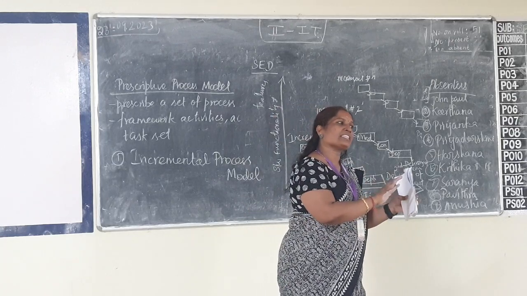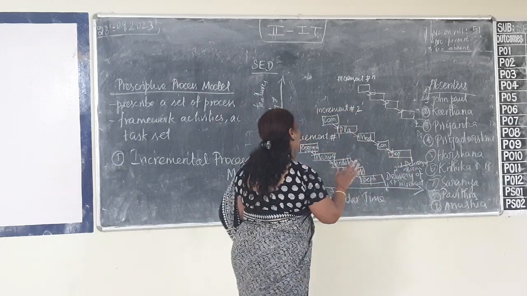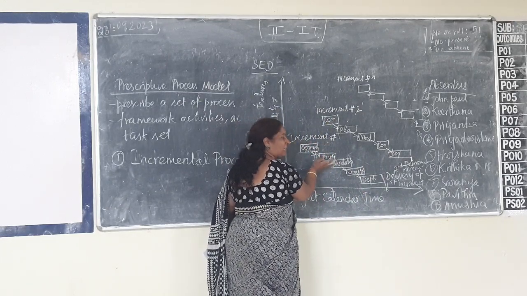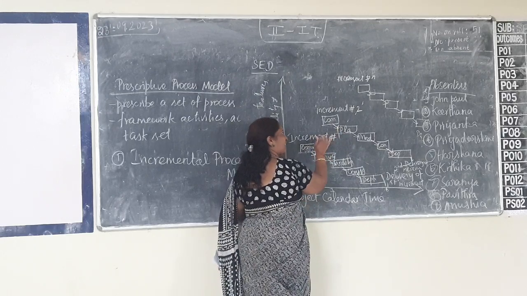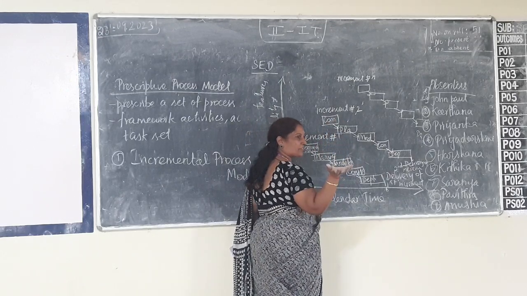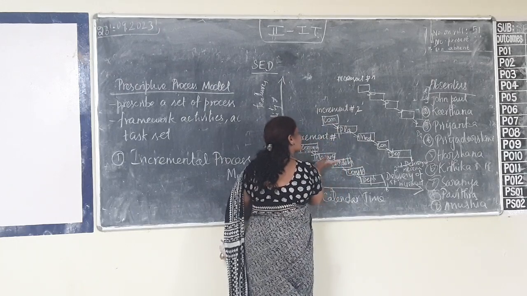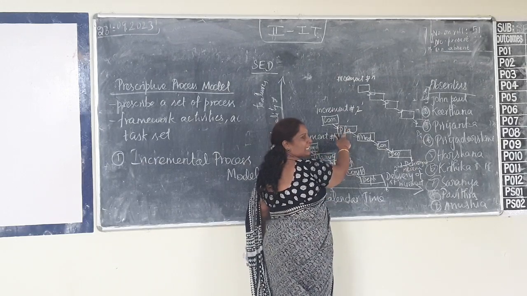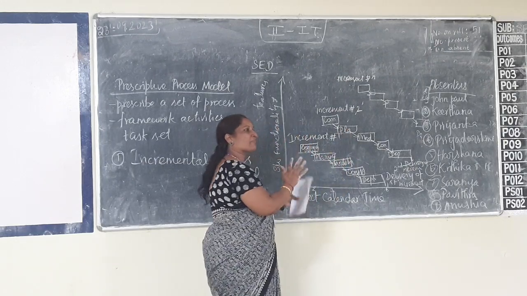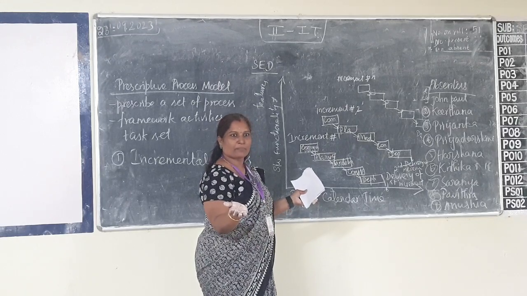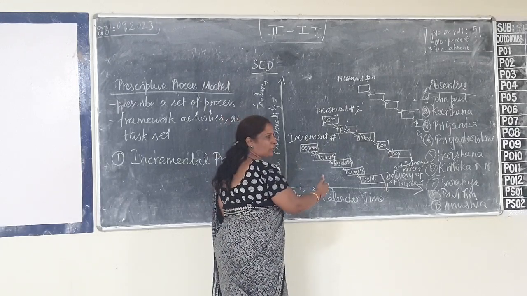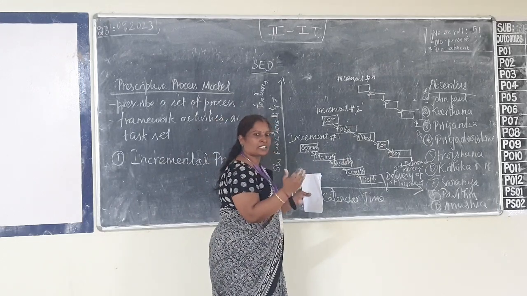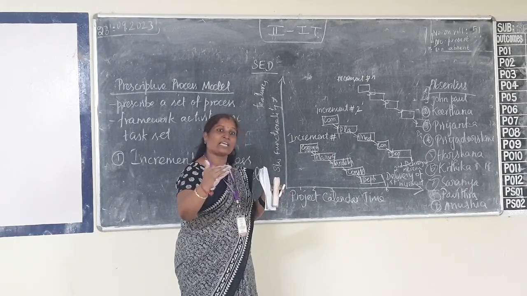On the 7th or 8th day they will be able to release the second batch, because parallelly the communication people completed and handed over to planning. Immediately they take charge of increment 2, the second batch of soap, and communication will start. These people will complete and hand over to modeling. By the time, these people are engaged with increment 2. Like that, parallelly everybody will be busy. If you were doing it incrementally, first 6 days for 100, next 6 days for the second 100, that is 200, next 6 days for 300, like that it goes on.